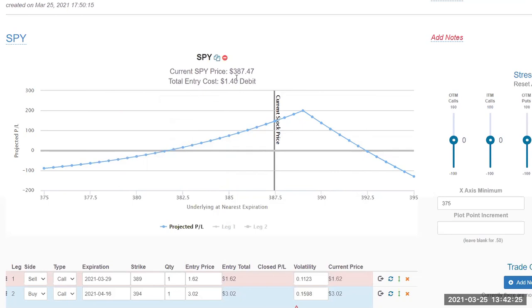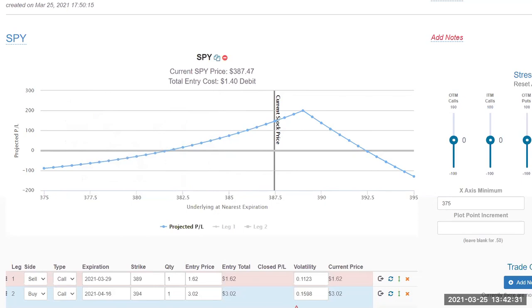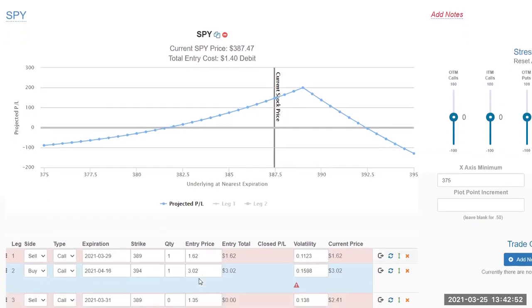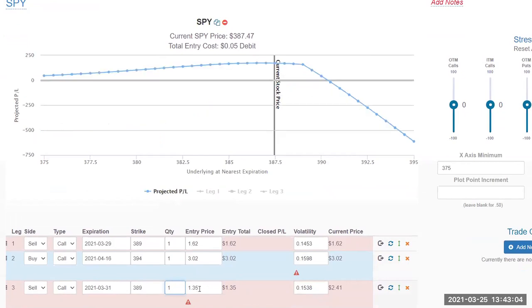We put this on for a $1.40 debit, and this 394 call is going to do a really good job of holding its value over the next couple of days because this expires on 329. All right, so the 389 call expires on 329. So if the market's at 389, then this is going to be worthless or very close to worthless. So we'll exit it, and then we'll add one. We'll add the 331. And if the market's trading at 389, that'll have 2 days left on it. It'll be easy to get a $1.35. More likely, we'll be able to get like a $1.85 on it, but we'll just stick it at a $1.35.